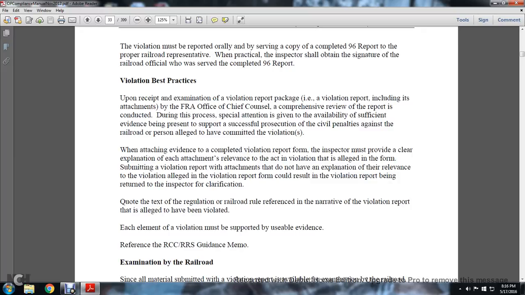Upon receipt of the violation report package, that is, the violation report including its attachments, the FRA Office of the Chief Counsel conducts a comprehensive review of the report. During this process, special attention is given to whether sufficient evidence exists to support the successful prosecution of civil penalties against the railroad or the person alleged to have committed the violation. When attaching evidence to the violation report, the inspector must provide a clear explanation of each attachment